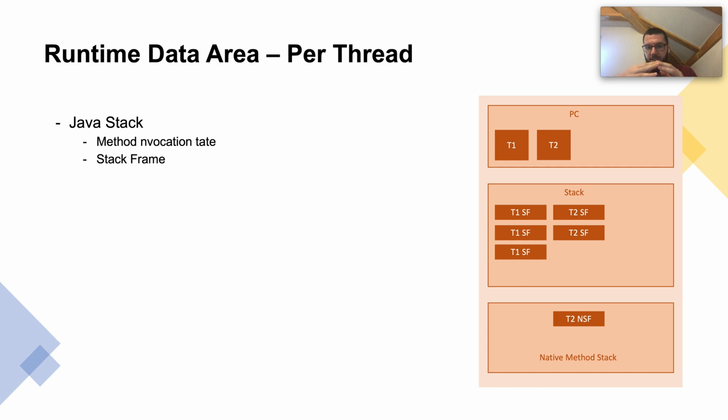As with the operating system, Java on the stack stores stack frames, or as it is also called, activation record. So a stack frame contains all the data regarding the method calls. So these are the arguments passed to the method, all the local variables of the method, the return address where the method will be returned,